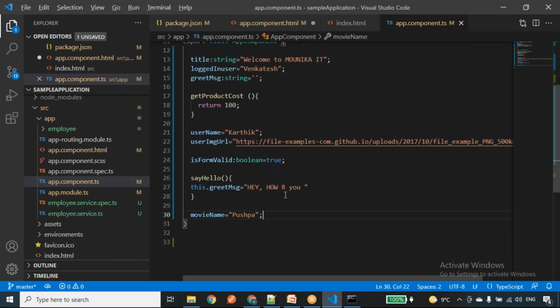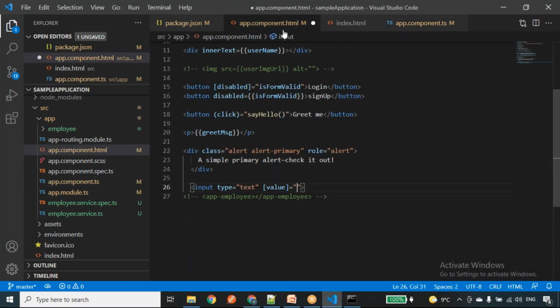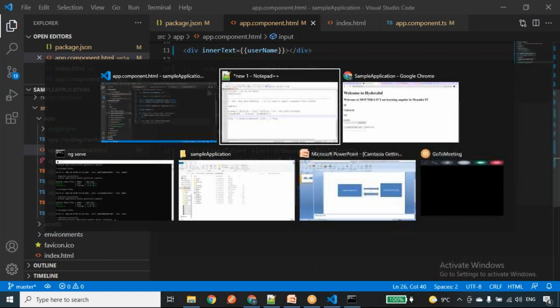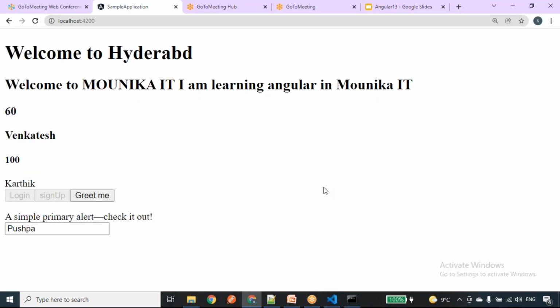So we'll see what happens. Here also I'll give this property as movieName. Now we can see that for that particular input text box, I have given a predefined value, Pushpa.